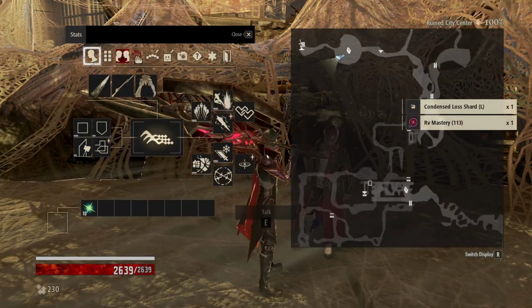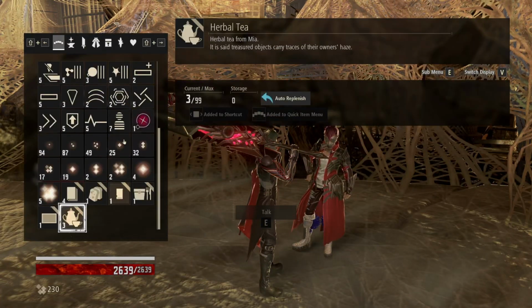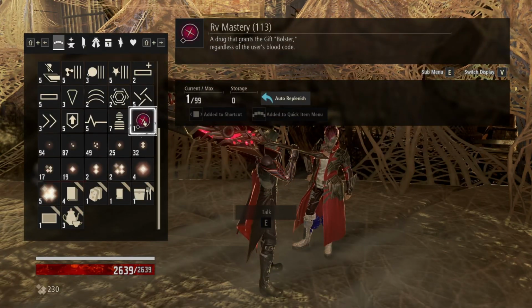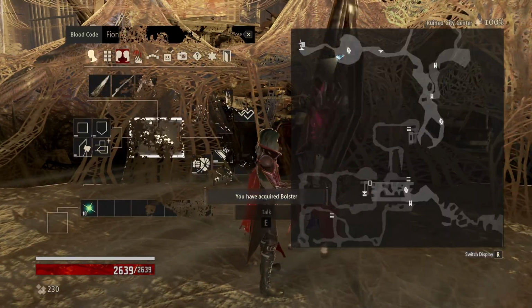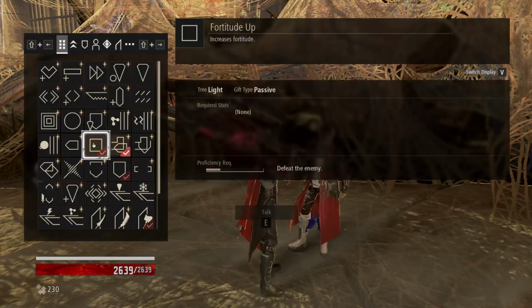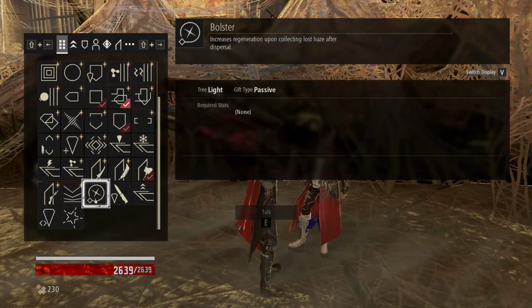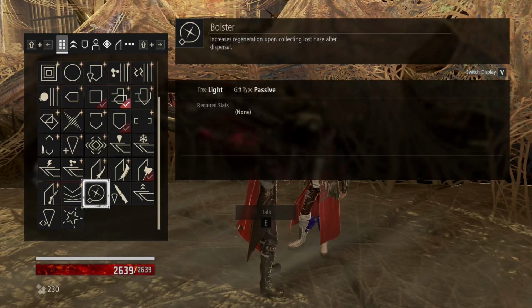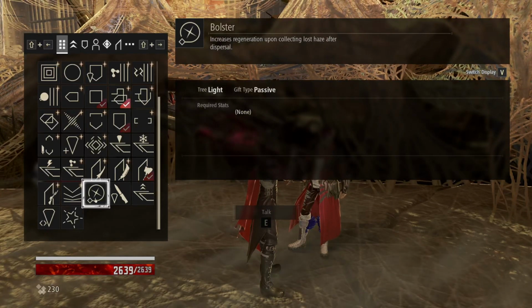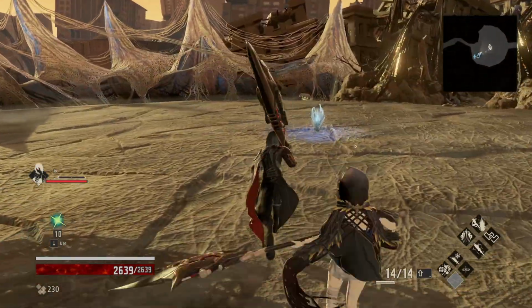Alright. Oh, we got RV Mastery again. That's interesting. So the question is just, what does it do? Bolster. What is this thing? What is Bolster? Is this a passive? Yes. Interesting. Increase regeneration upon collecting lost haze after dispersal. That's interesting. After dispersal, meaning that...